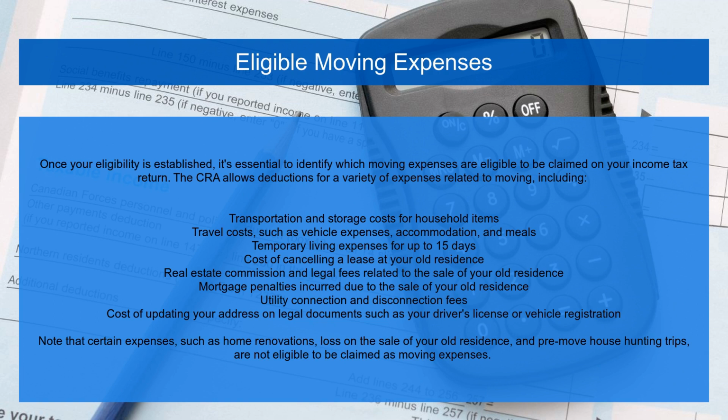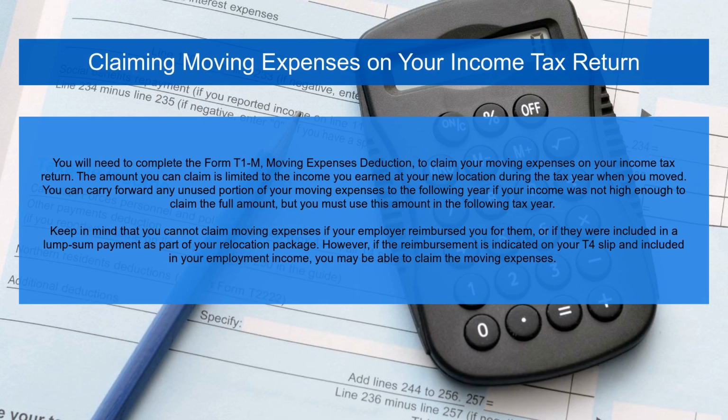Note that certain expenses, such as home renovations, loss on the sale of your old residence, and pre-move house hunting trips, are not eligible to be claimed as moving expenses. You will need to complete the Form T1M, Moving Expenses Deduction, to claim your moving expenses on your income tax return. The amount you can claim is limited to the income you earned at your new location during the tax